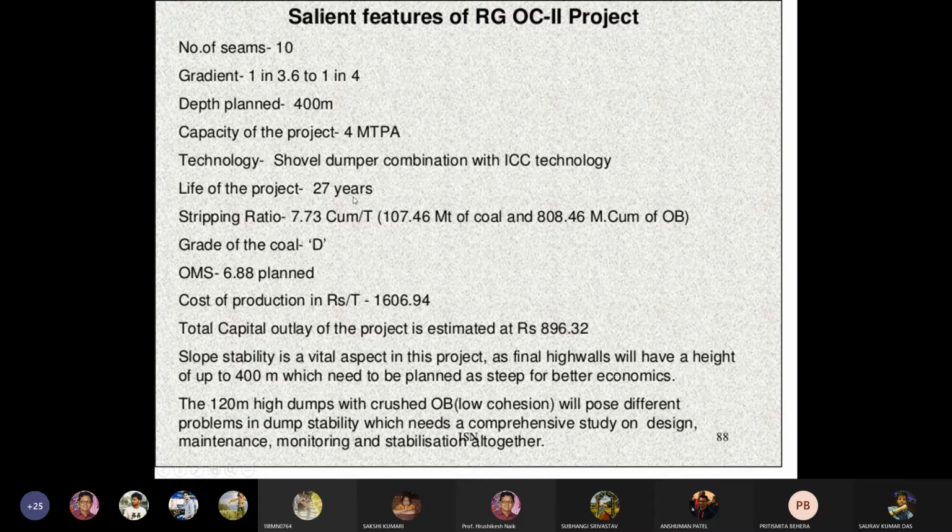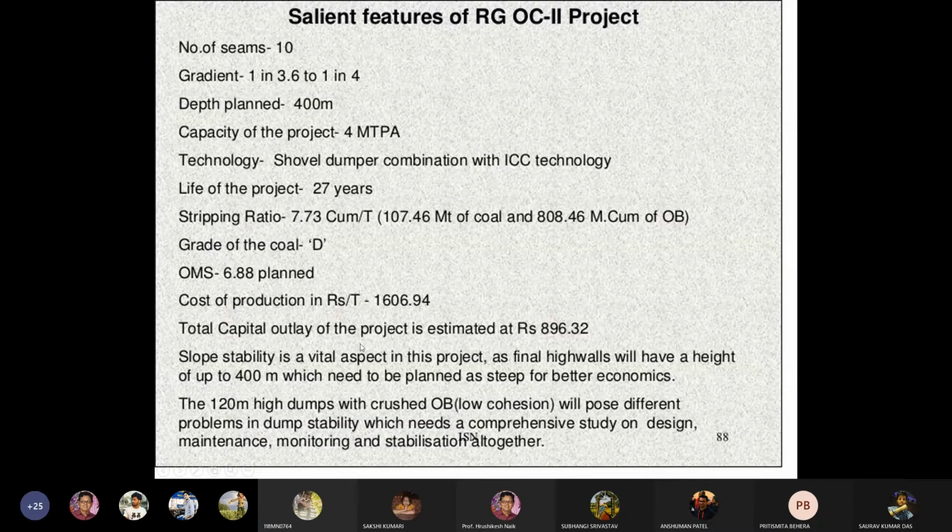Life of the project is 27 years. Stripping ratio is 7.73 cubic meter per ton of material mined. Grade of the coal is D. Output per man shift, OMS, is 6.88. Cost of production is rupees 1606.94 per ton of material mined.